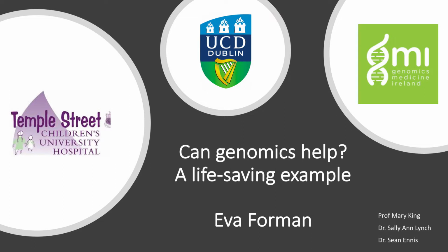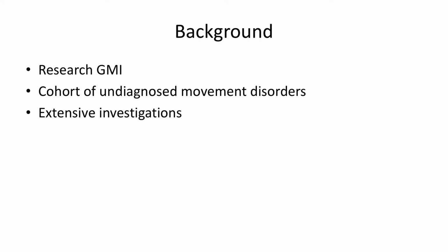I'm just going to give you an example today of some research that I did with Temple Street and UCD and GMI. It isn't an example of research in autism, I suppose, but it's an example of genomics research and how it can really help patients, in particular children. This is a research project that's ongoing with GMI and Temple Street and a number of other hospitals around the country as well. But this specific project that I was involved in, we had a cohort of children who had